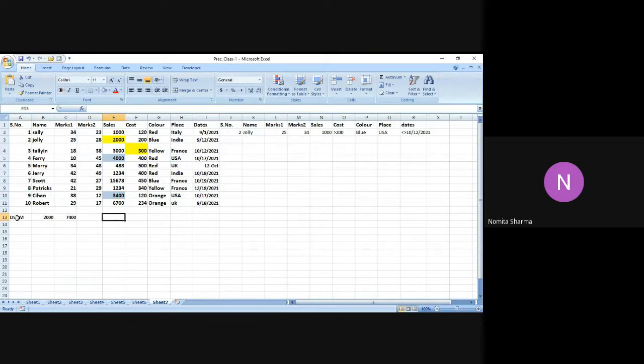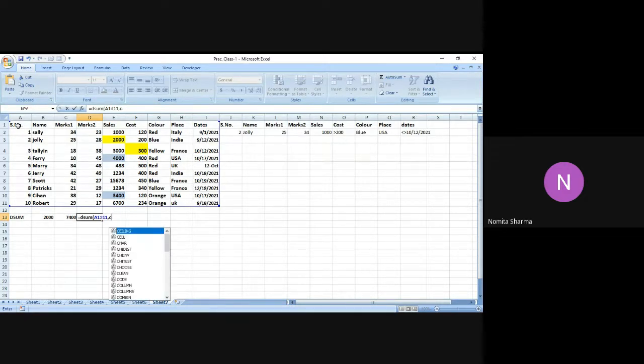Let me practice one more time because the more errors you do, the more you learn. And that is why I was wanting to find the error there and then. Again, I will have D sum and I will select the whole database. I will now select a field, say cost. I want to add the cost. I will have to put that in the double quote. And I want to put the cost, say for a color. Say for example, I want to choose for color, and in color I say blue color, and I say then close the bracket, and I say enter. So I got 650 as the answer.